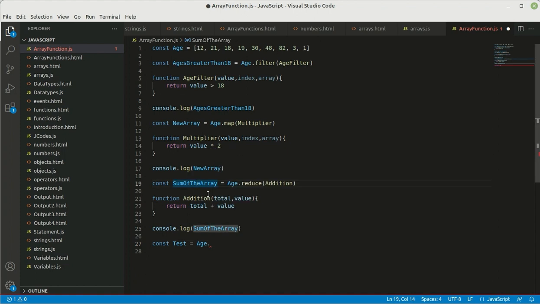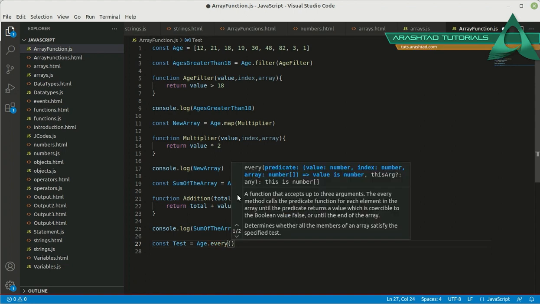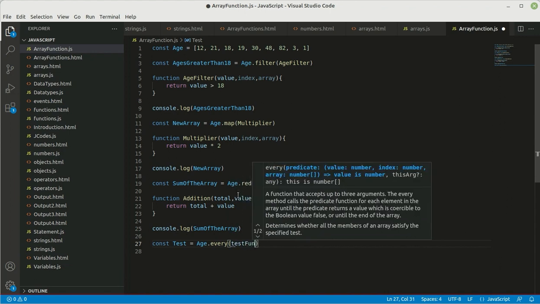For adding all of these values together, it doesn't really matter whether you start from right or left, but for some cases it would matter. So here age dot every, and here we write the name of the function. We want to test, so I'm going to call this test function,